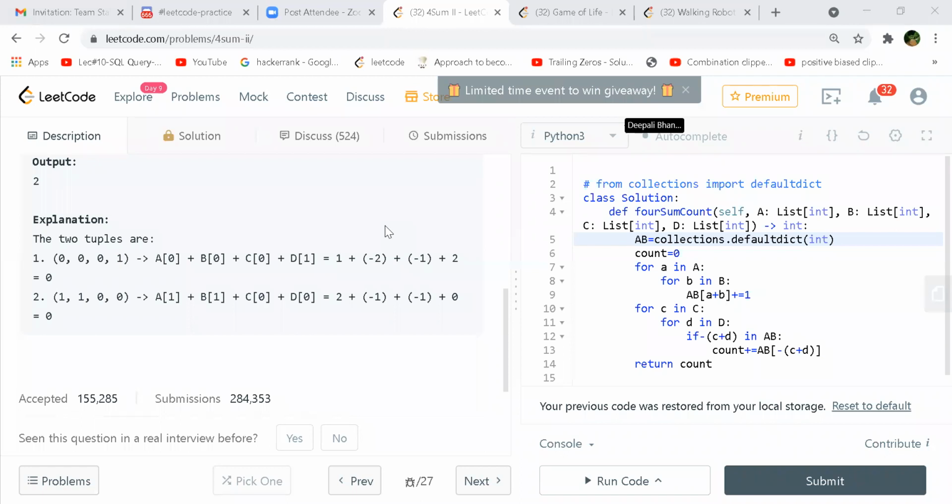So what I'm trying to say is, let's take this example only. 1, 2, -2, -1.